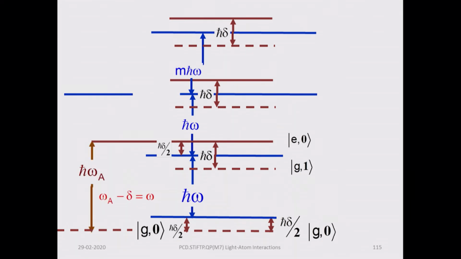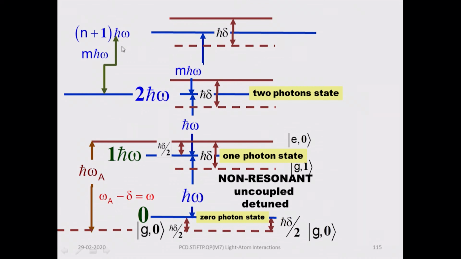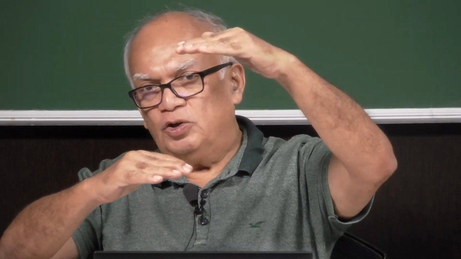So, you can have 1 photon states, you can have 0 photon state at the bottom, then you have got the 1 photon state over here, you can have the 2 photon state, and then the multi photon state like n plus 1 photon states, and the energy difference will be a certain integer multiple of H cross omega, and then between every pair the difference will be exactly H cross omega. From 1 photon to the second photon it will be H cross omega, from the 2 photon to the 3 photon it will be exactly H cross omega, and then